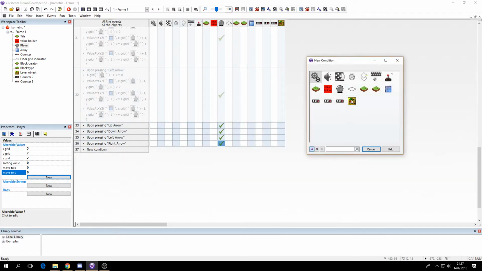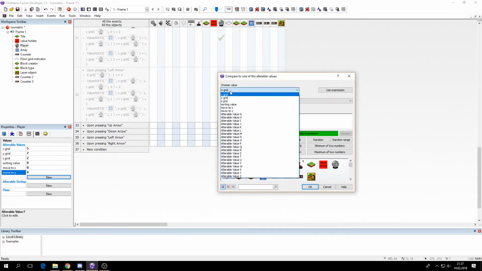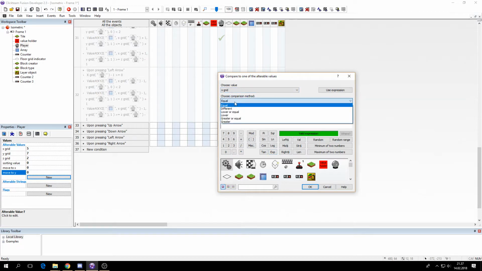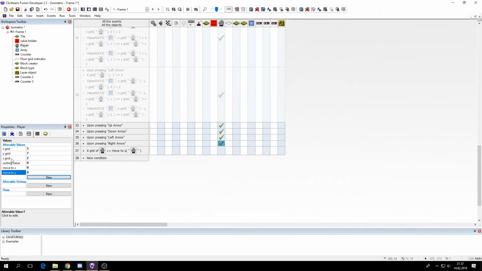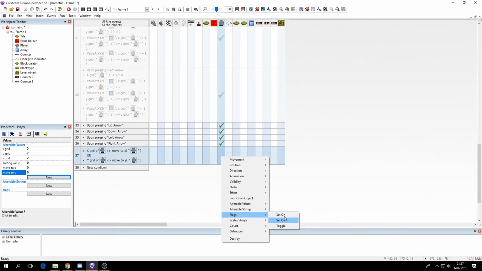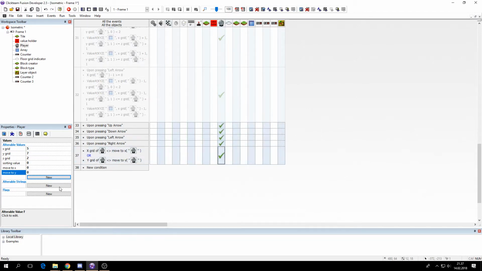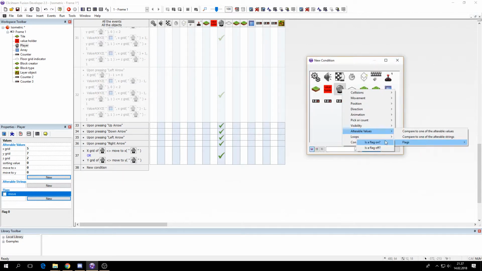And then we'll check if the X grid is different than the move to X, or the Y grid is different than the move to Y. Then we want to set a flag on, and this flag, let's call it move. So when flag is on,